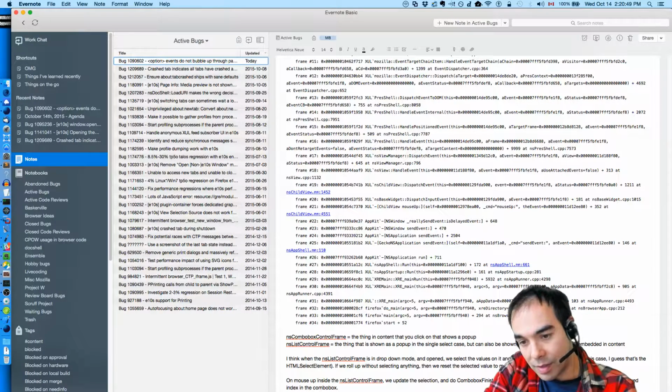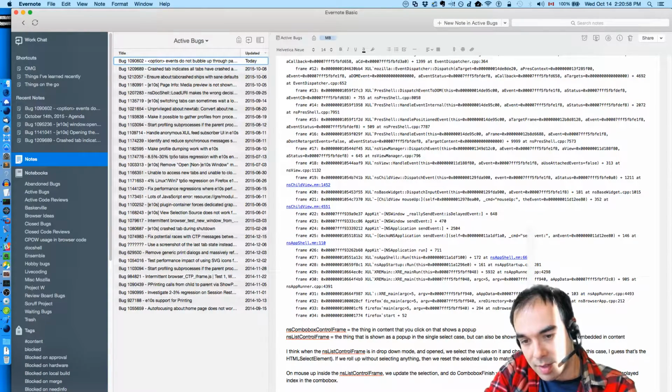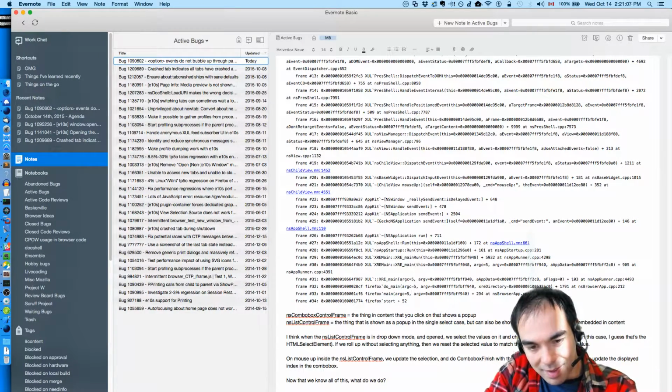Actually, I don't know if that'd be valuable. There's so much logic inside NS list control frame that we'd probably just end up duplicating a lot of it. But isn't that kind of what we're doing? We'd be doing it by manually setting the selection of the NS list control frame.